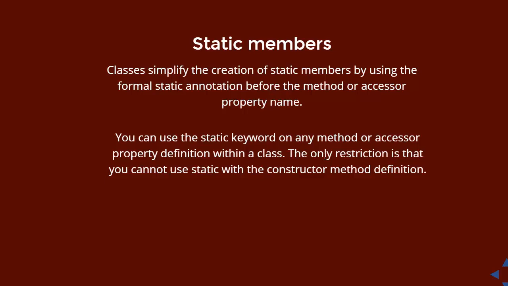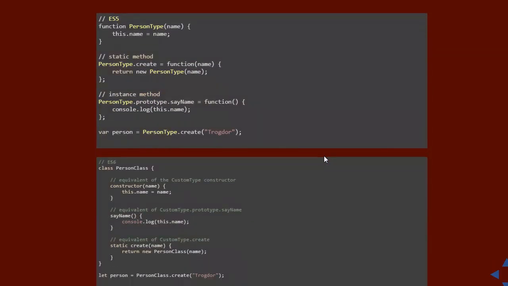Okay, static methods are also there in ES6 JavaScript. You can create a static method and you can call that method directly from the class name. No need to create an object for it. So something like this: static, this create is a static method, so you can invoke it directly from the class name, Person class dot create. Okay, so otherwise, because this is the ES6 code, let's talk about ES5 in this context. In ES5, if I want to do these kind of inheritance,